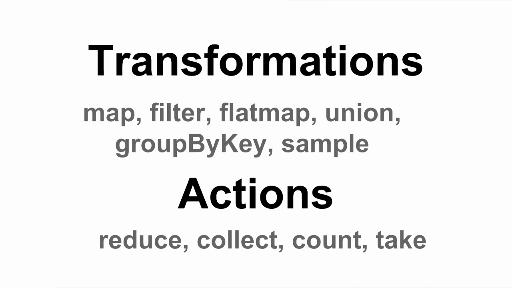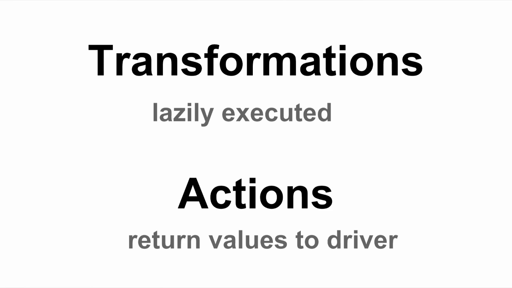Actions, on the other hand, are more like go forth and do something situations. You have this RDD, take all of the data, bring it to one machine and let me collect it, or take the first 10 values, or count them for that matter. Simple things like that. And there is a distinct difference in how they execute. Transformations are lazily executed, versus actions, which actually go do something and send the data back to the driver program. So transformations are nodes along your DAG, and the actions are the actual endpoints at which you would end.